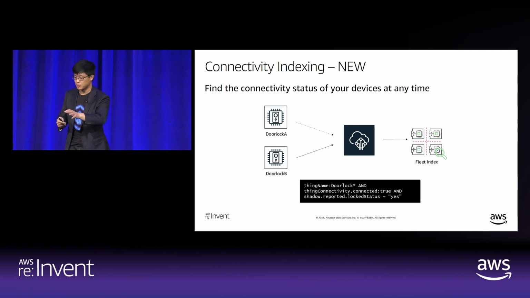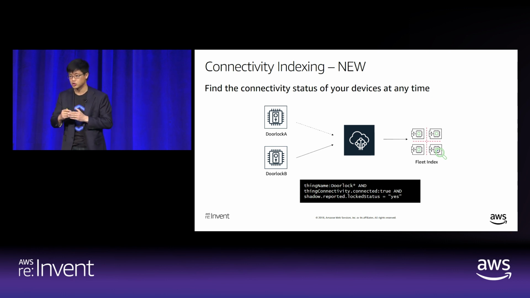And so my quick example here towards the bottom is, if thing name is door lock star, so I'm looking for all my different door locks that are currently across my fleet. If my connection state is currently true and lock status is yes, return all of my devices that meet that criteria. And so you can see from this example here, though, that this is a combination of these different types